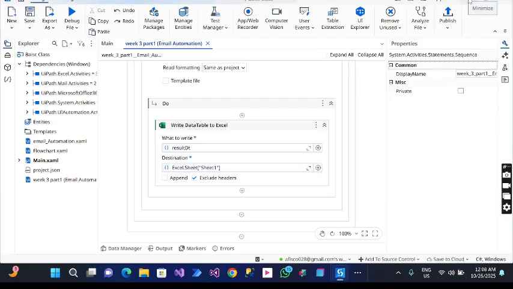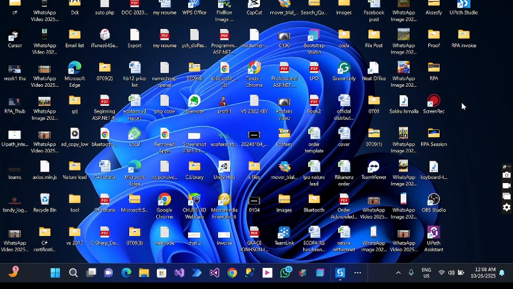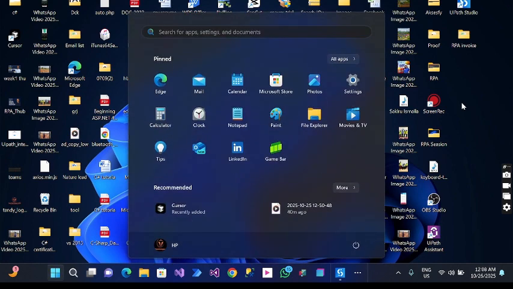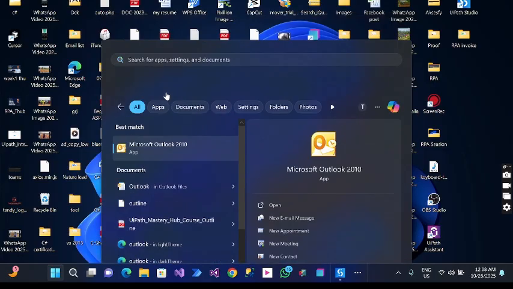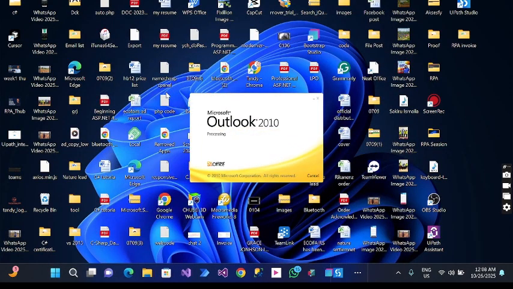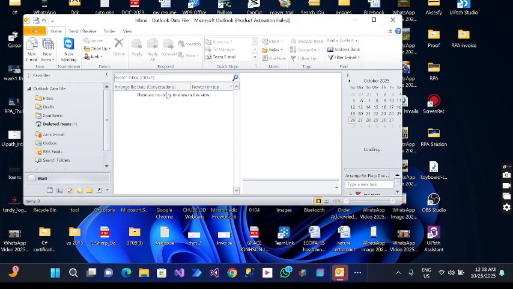So before we test run what we've done so far, let's give the summary. The summary of what we have done so far is, we created a bot that is going to